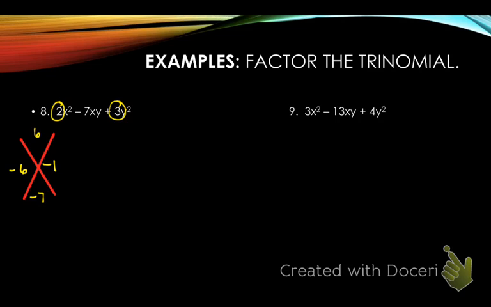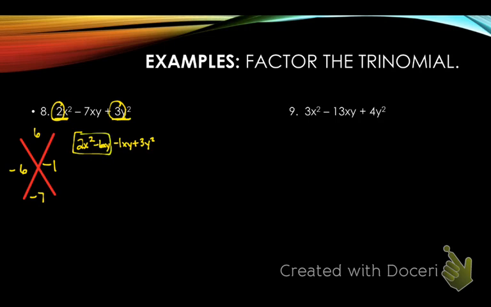So we're still just rewriting. Remember, the front part and the last part don't change. So it's still going to be 2x squared. It's still going to be plus 3y squared. But the negative 7xy changes. So then it's just going to be negative 6xy minus 1xy. We still factor it by grouping, so we still look at the first two terms, and we still go from there. Nothing changes. Okay, just because you have two variables versus one, I'm still going to look here